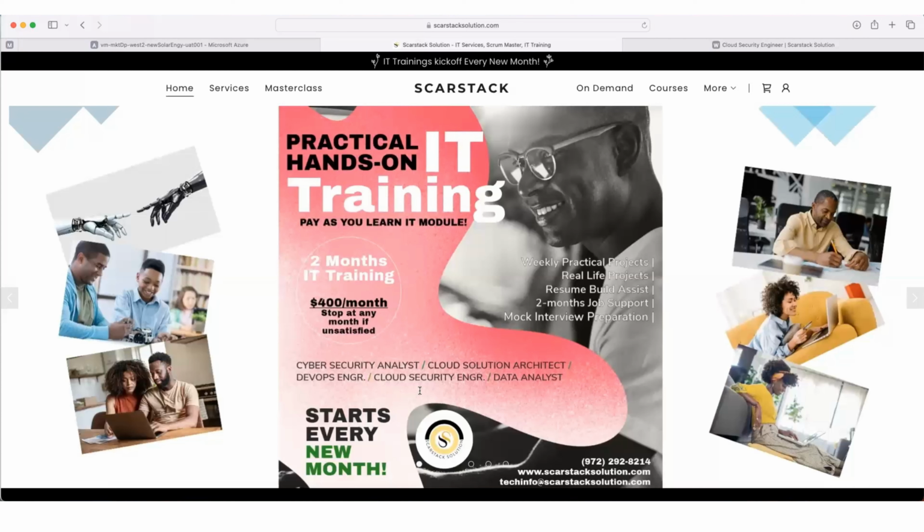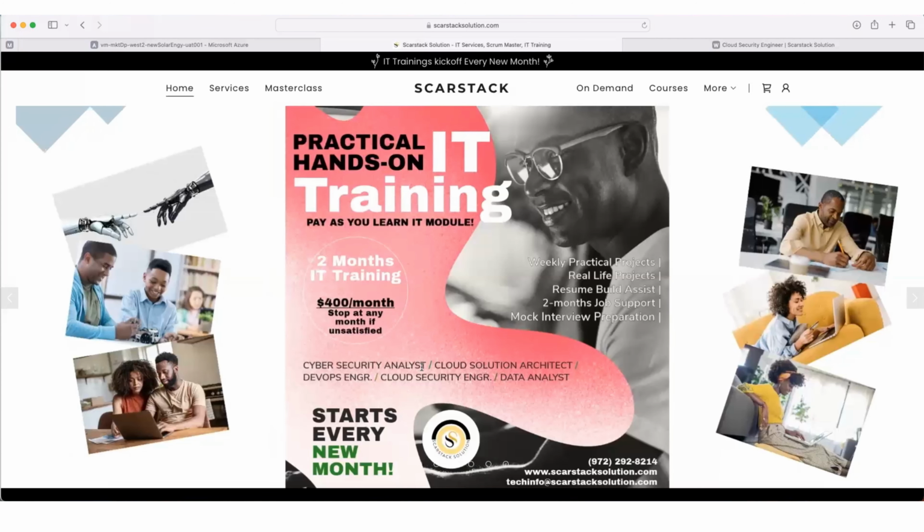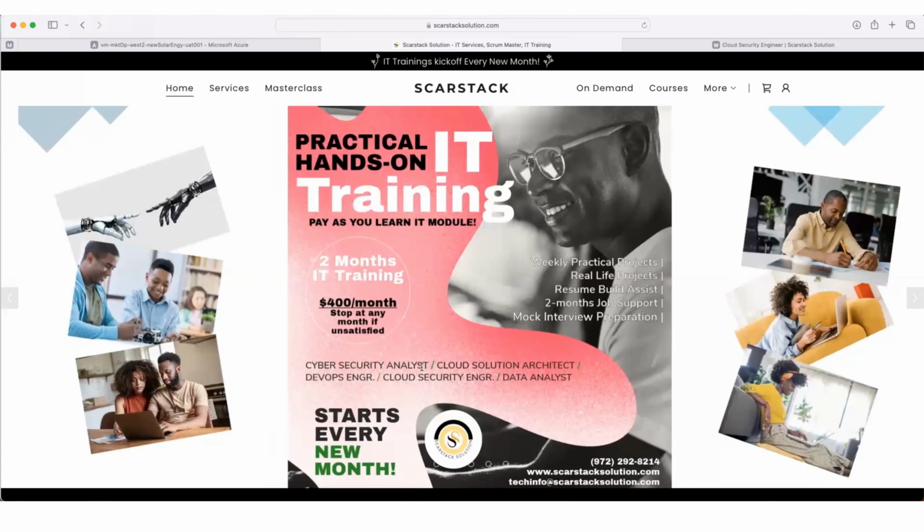And so basically the structure of the payment is you get to pay $400 to start off. If you don't want to pay the full $800 at first, you can come in for the first month and pay your $400. And even if you feel unsatisfied after the first month, you can say, oh, okay, I'm not really satisfied with the training, I don't want to join the second month. That'll be okay, but I can guarantee you, from the very first day of the class, we're going to be hands-on. You're going to see yourself deploying right up to the end of the first month,